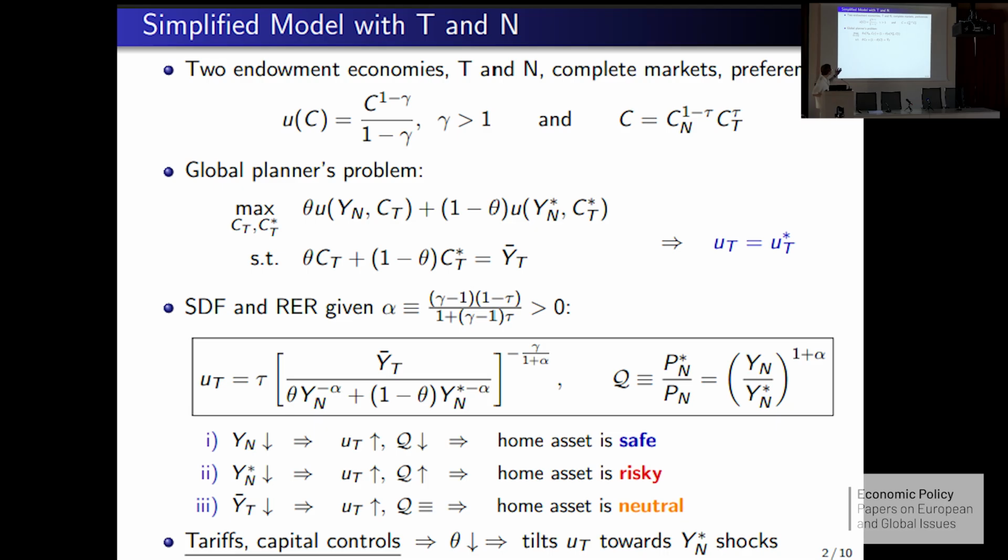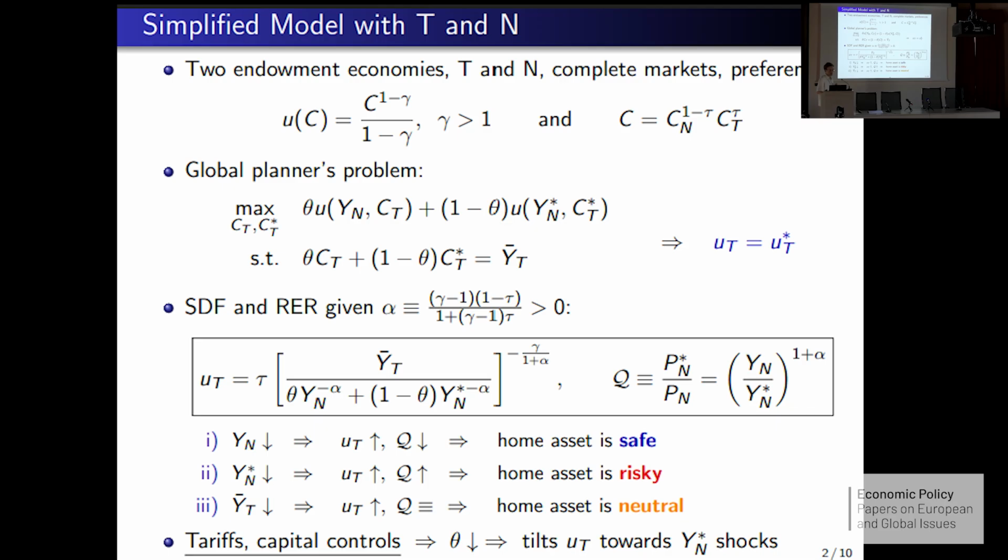Clearly, consumption of non-tradables per capita is equal to the endowment. And so the only thing is how you allocate tradable goods. The solution is trivial: you just equalize marginal utility from tradable goods, and you can solve it together with the resource constraint and get everything in closed form. So there's this parameter alpha. You can already see that having gamma greater than 1 is important. So you want the intertemporal elasticity of substitution less than 1, while because of Cobb-Douglas, intratemporal elasticity is equal to 1. And then you get this solution.